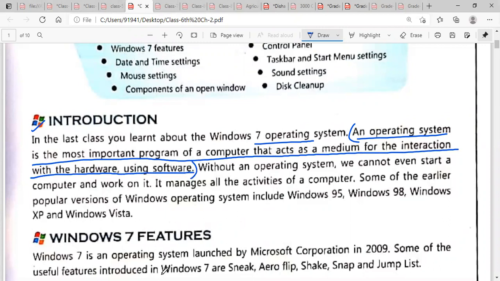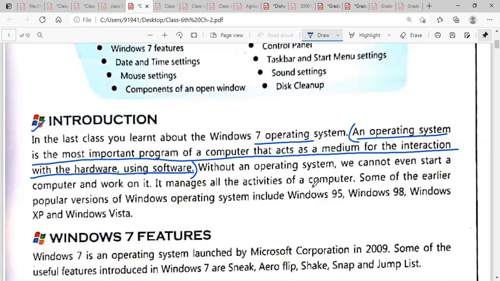By using the operating system you can interact with the hardware. Without an operating system we cannot even start a computer or work on it.